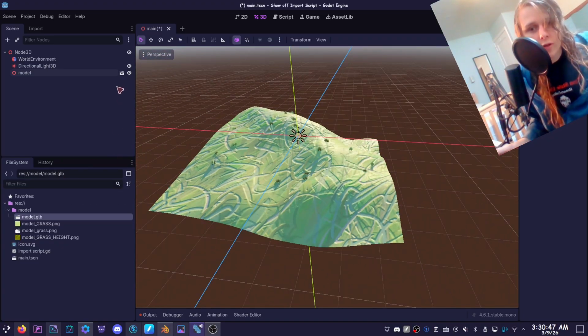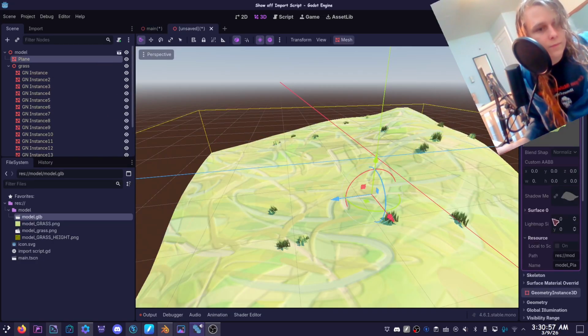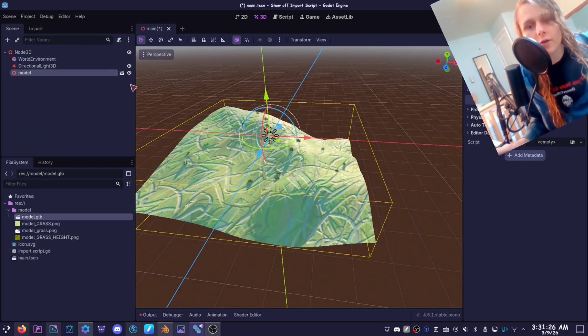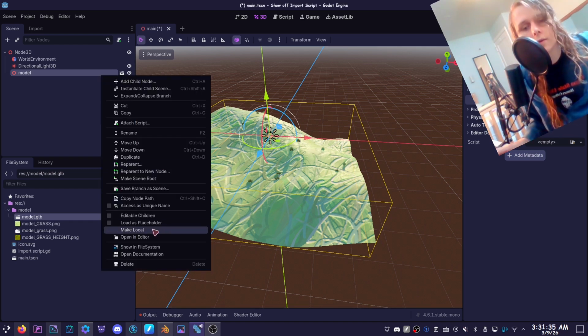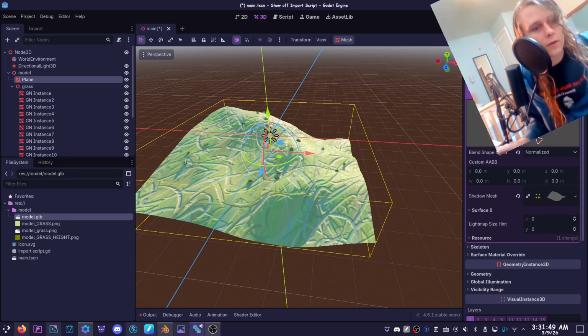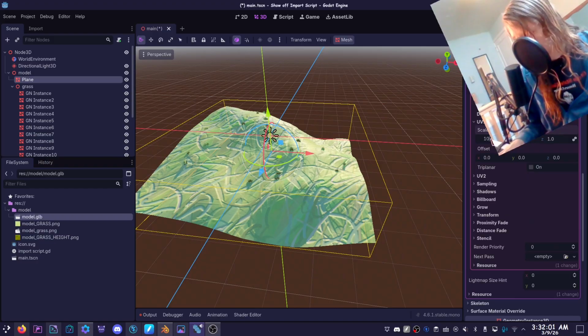And so what you might try to do is make a new inherited scene where you can change the UV scale here, but it doesn't let me. This is because you can't actually edit this. Another thing you might try is clicking make local, and then I make all the rest of this local as well. And now the whole entire thing is in here, so I can edit my properties like I want,